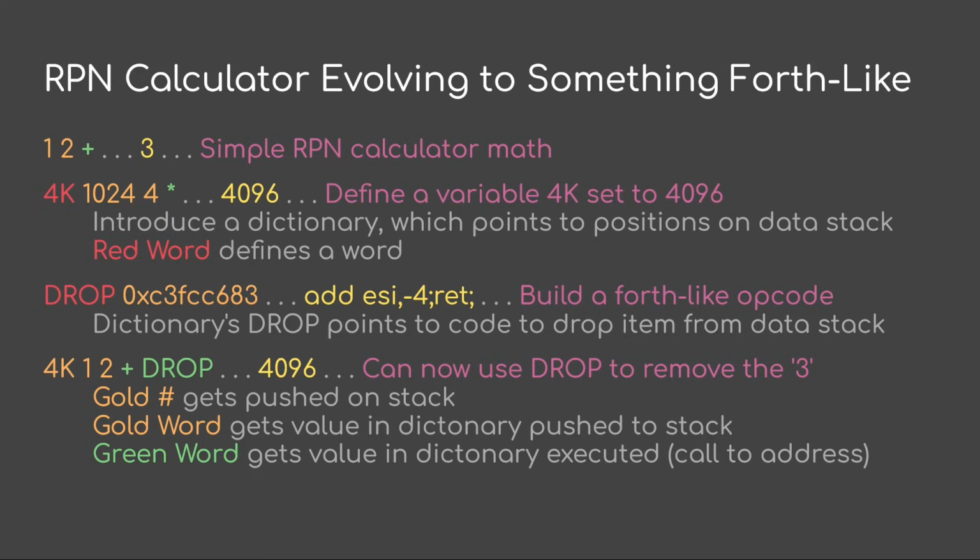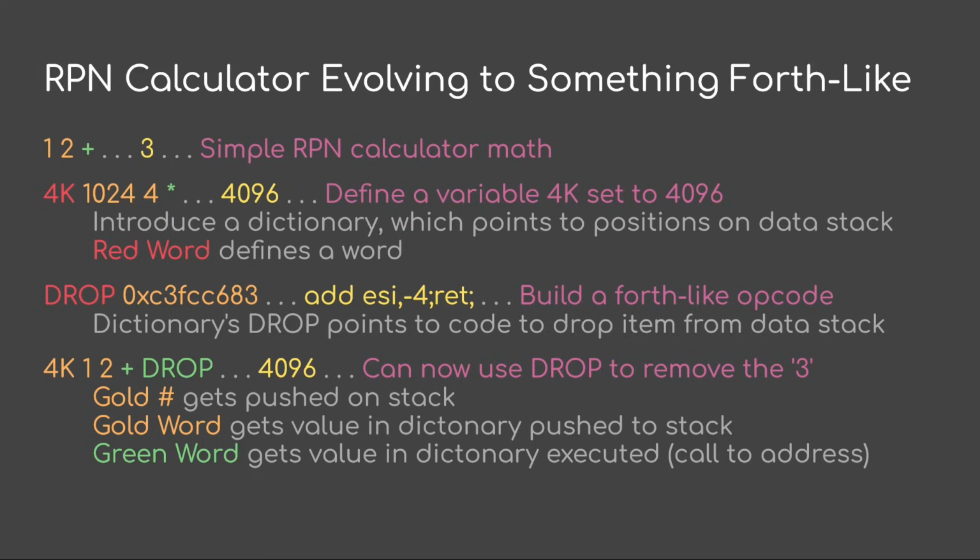So we type in 1024, then type in 4, and then type in multiply. And now we have 4096. So the 4K word would point to 4096. This is a basic way of doing a variable. The next thing we could do is we could actually build numbers which represent opcodes, or multiple numbers which represent